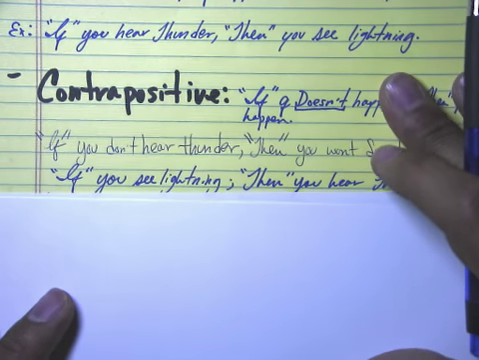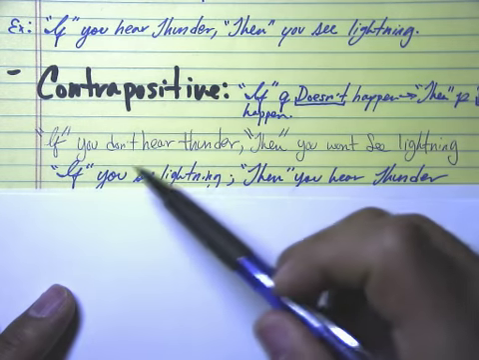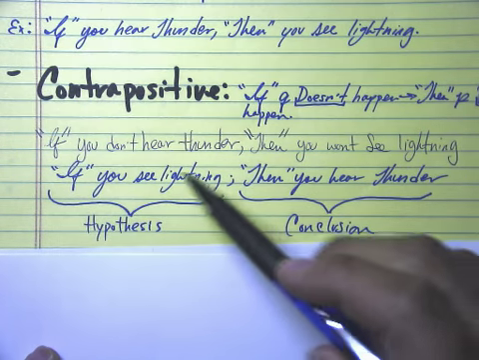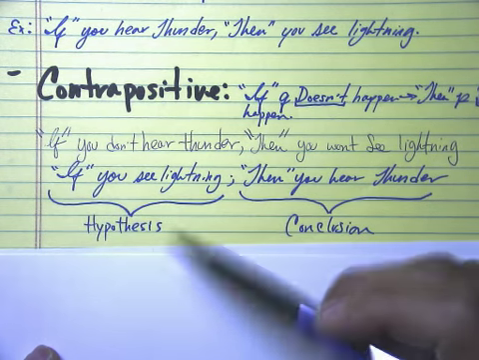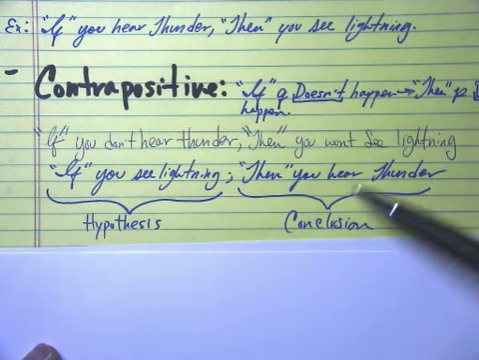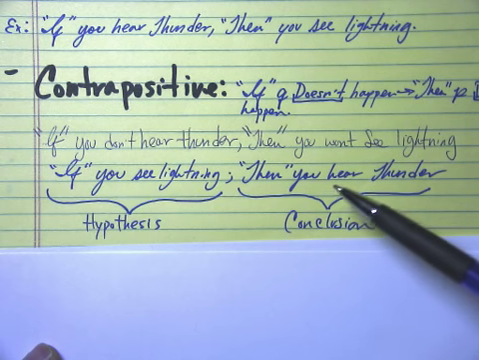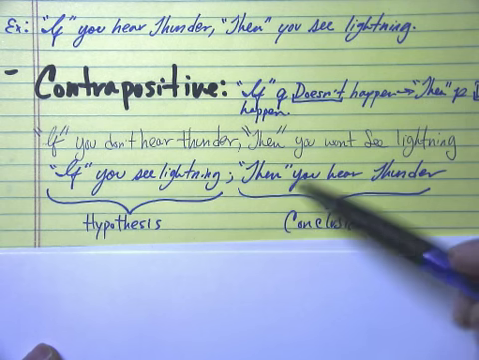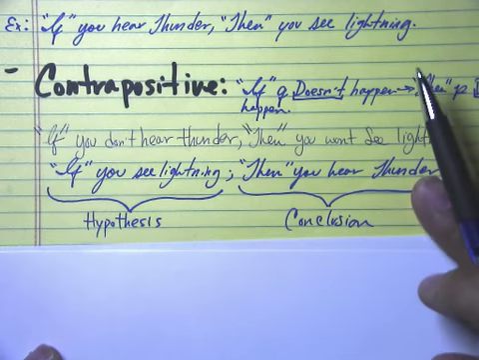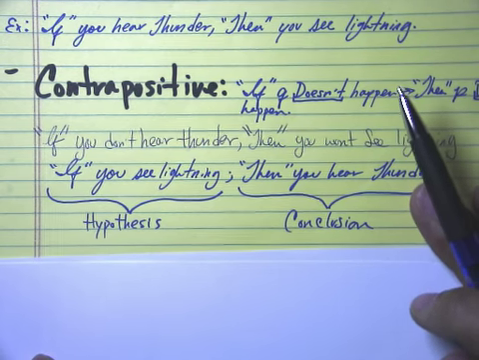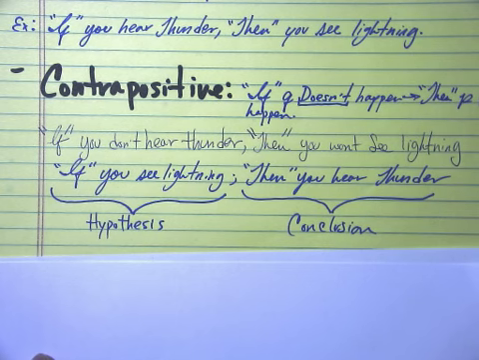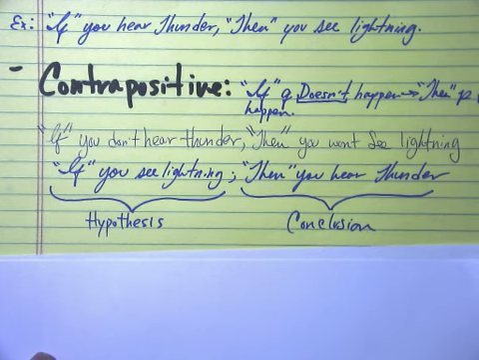Now, there's a little part that we haven't talked about yet, and it's pretty simple, and I'm sure you guys are probably familiar with these two terms. Let's take a look at my conditional statement. My conditional statement says that if you see lightning, then you hear thunder. The if portion of my conditional statement is called the hypothesis. I'm hypothesizing if something happens. And the then portion is known as the conclusion. So the first portion is called the hypothesis, the last portion is called the conclusion. Okay? Now let's try writing some